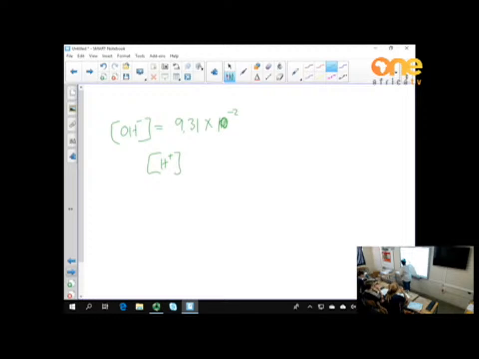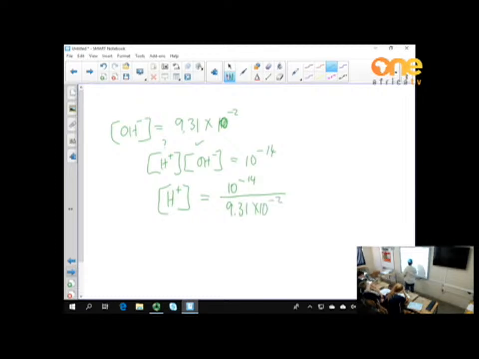Hydrogen ion times hydroxide ion concentration is always equal to 10 to the power minus 14 in watery solutions. So if we are looking for that one, we've got that one. So the hydrogen ion concentration will equal 10 to the power minus 14 divided by 9.31 times 10 to the power minus 2, which is equal to